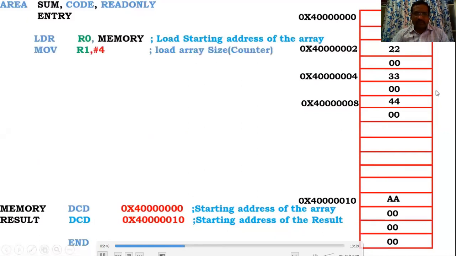That means this is the count. How many values are you giving? You are giving 4 values. So our array size is 4, and you are initializing that count to R1.